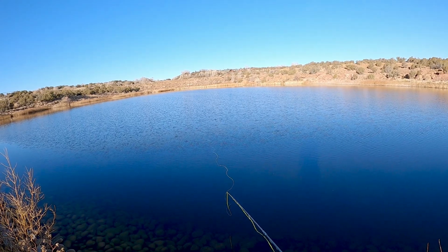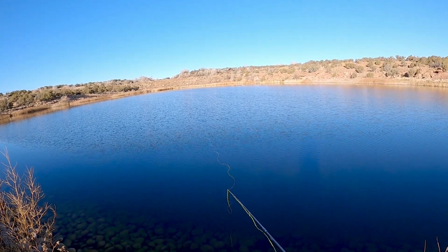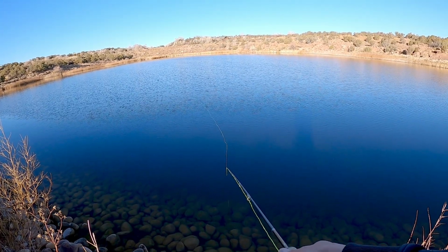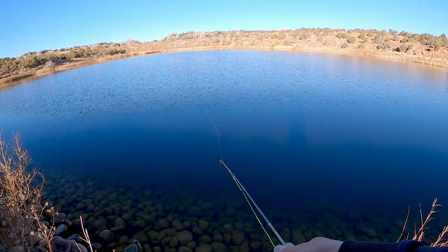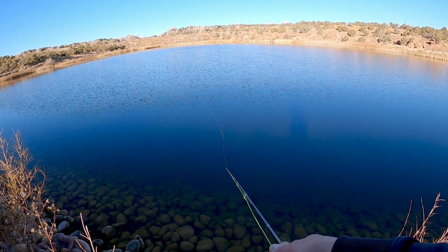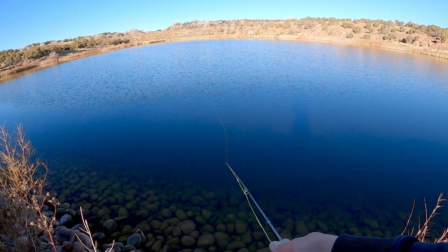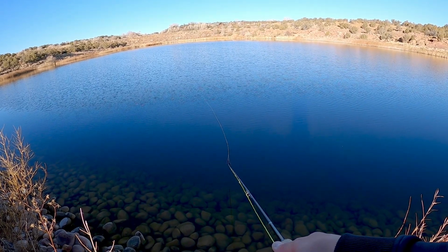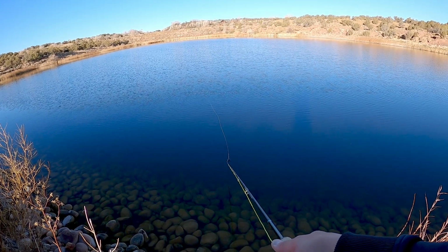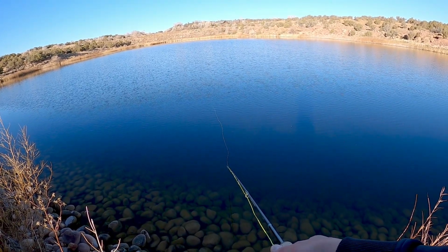So I pretty much fished this midge tip pretty hard for about 25-30 minutes, and honestly I had no eats on it. I was wondering whether I should put on a quicker sinking line, but